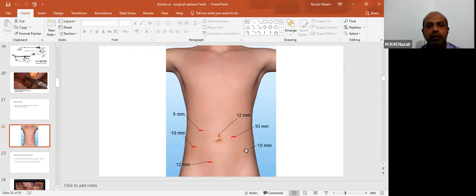So I was talking about intersphincteric resection. It can be done by laparoscopic or robotic method, where we start the dissection from laparoscopy, from inside the